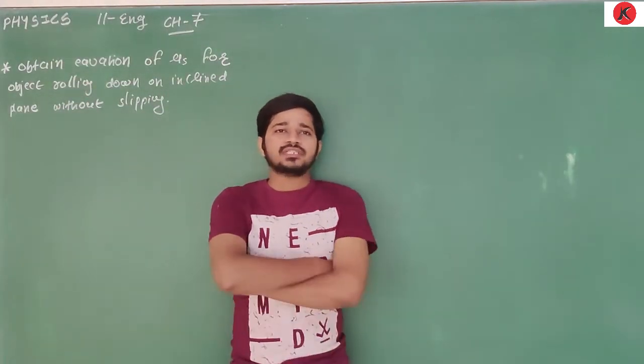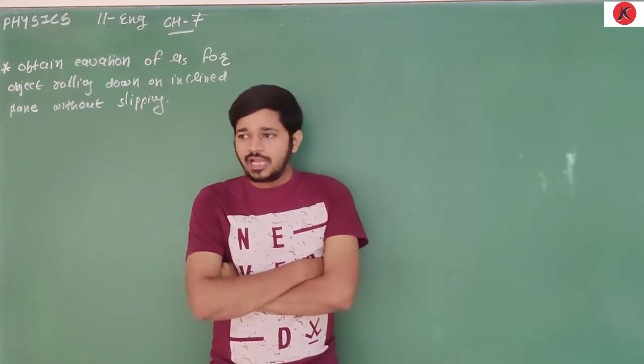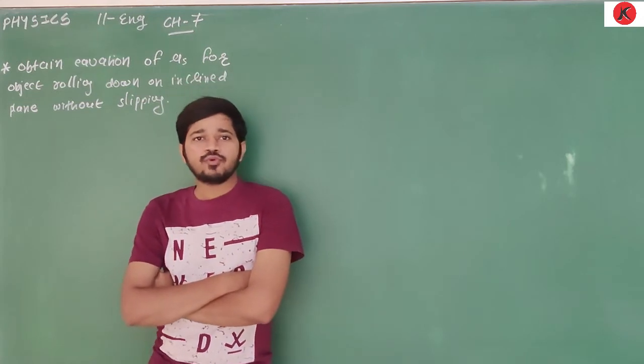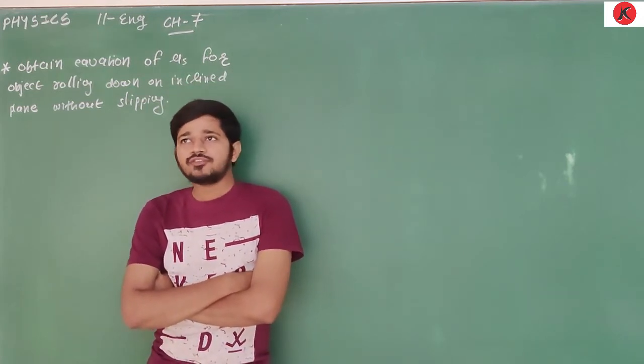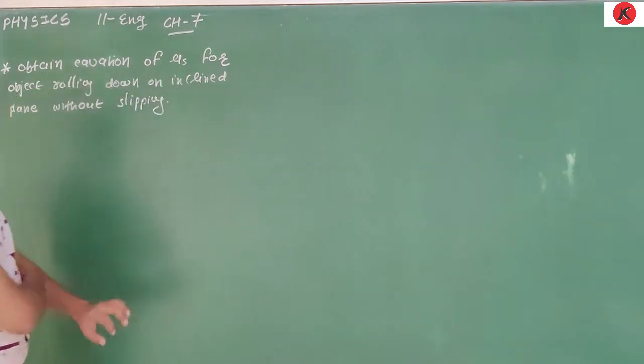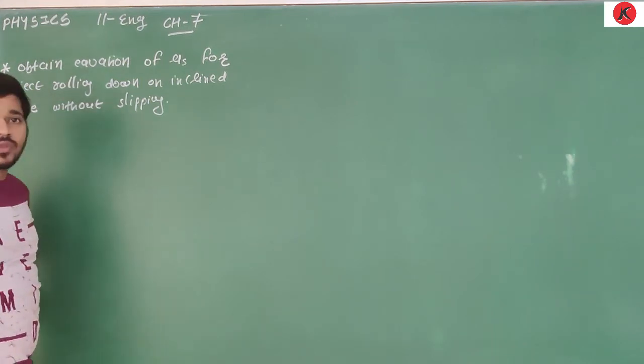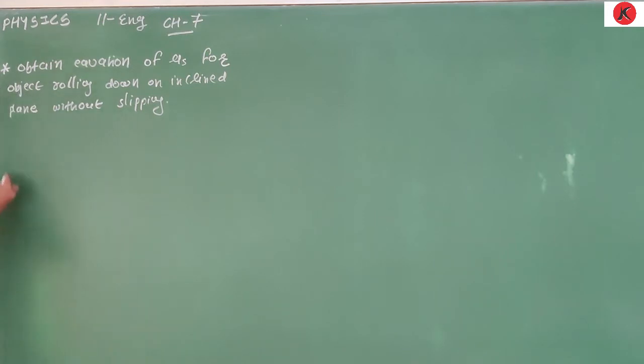In the last lecture we discussed rolling motion on an inclined plane, and for that we obtained the equations of velocity at the bottom and acceleration parallel to the slope. Now today's question is: obtain the equation of μs, the coefficient of static friction, for an object rolling down an inclined plane without slipping. But before that, remember,